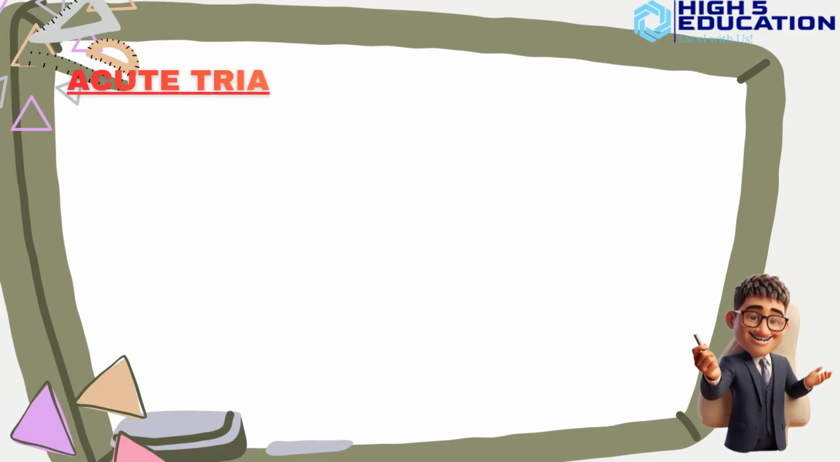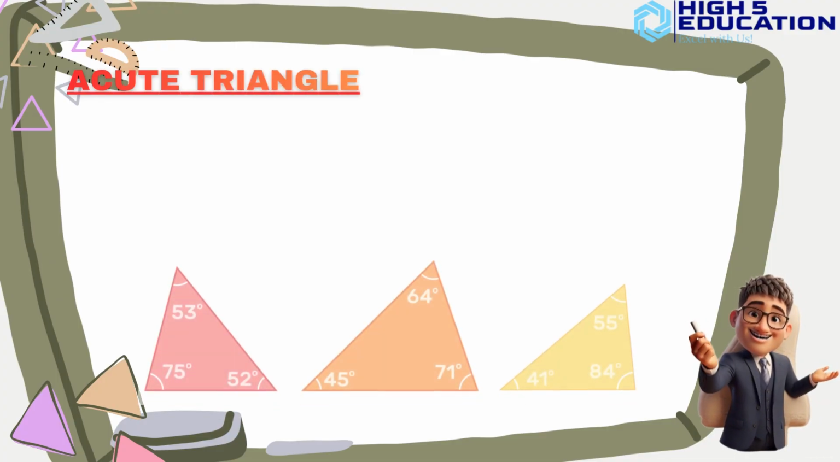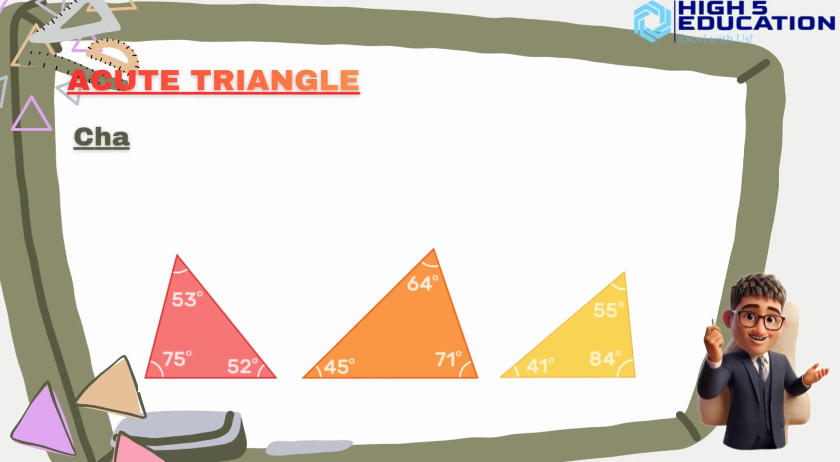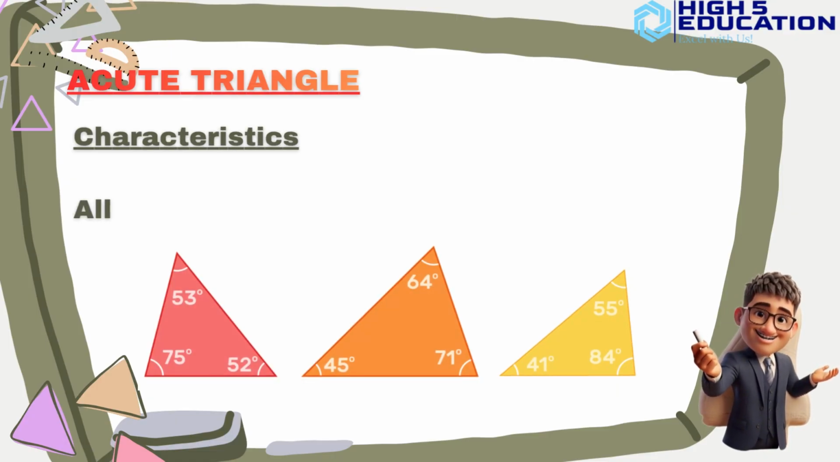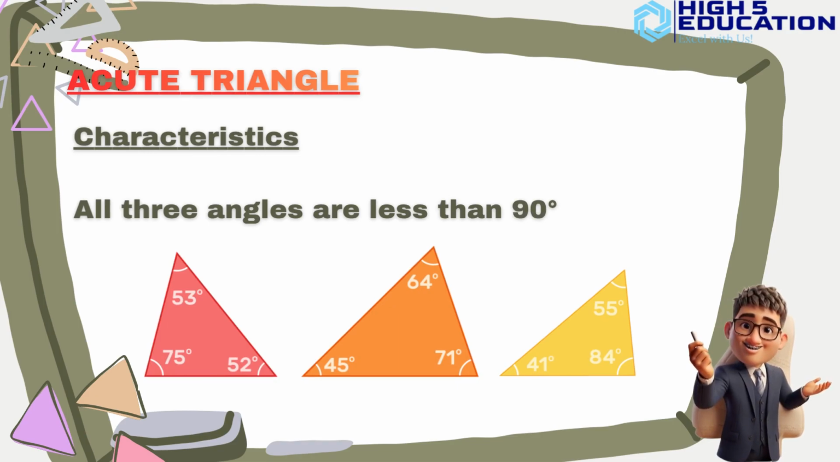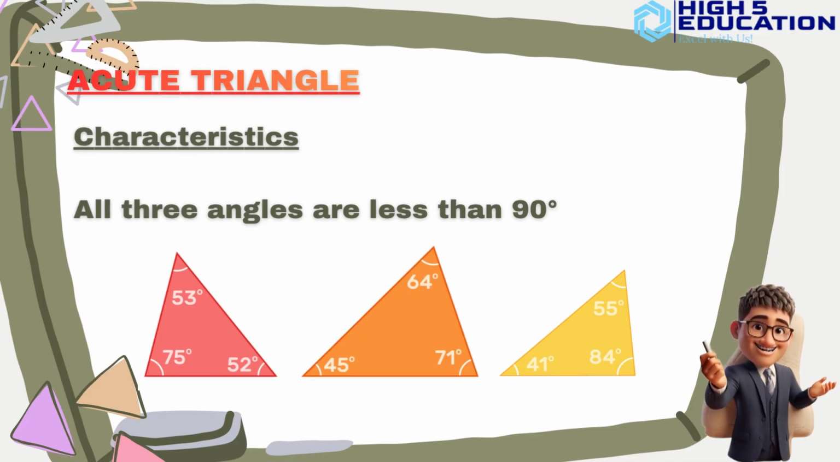Now, let's classify the acute triangle. An acute triangle is a triangle in which all 3 interior angles are less than 90 degrees. This means every angle is an acute angle. Even though all the angles are smaller than 90 degrees, they still add up to 180 degrees, just like every